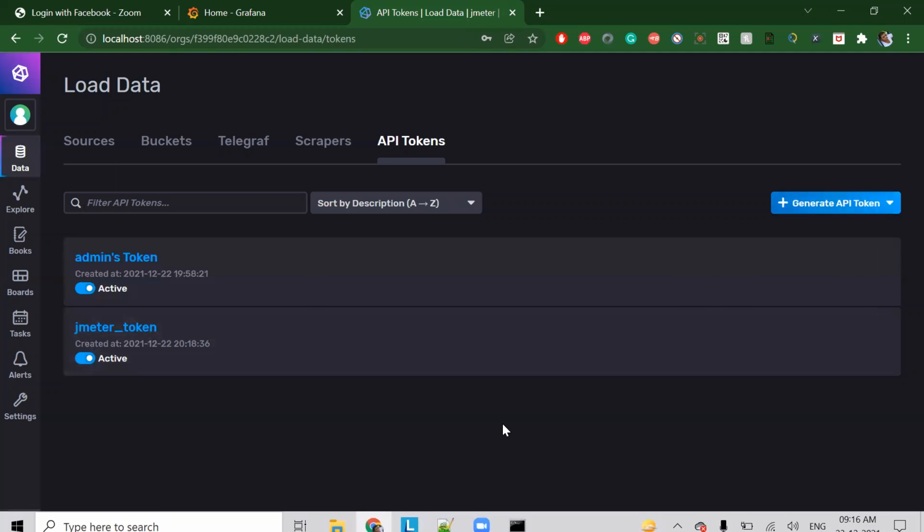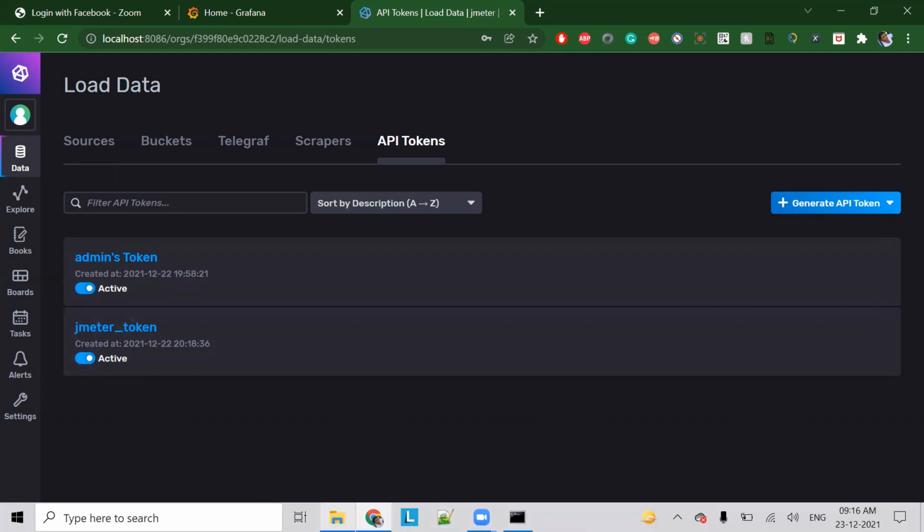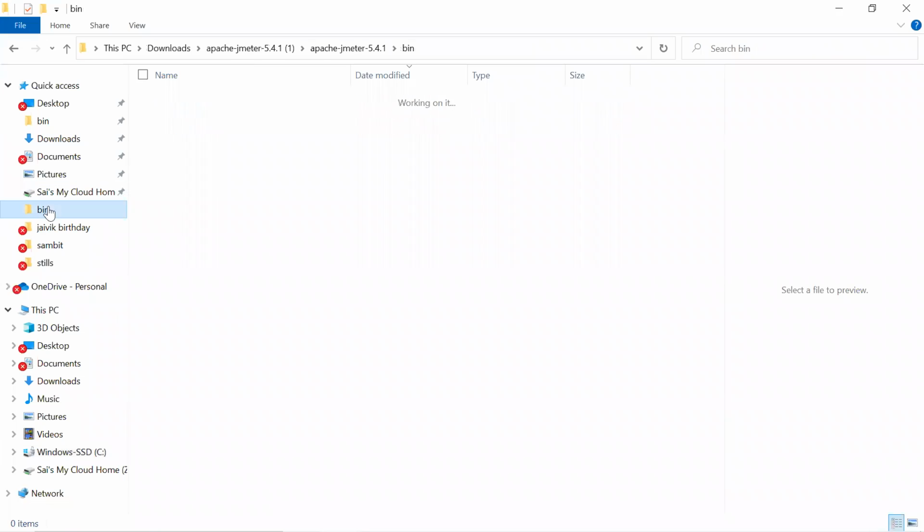Now first we have to push the data into Influx. So let's open JMeter.